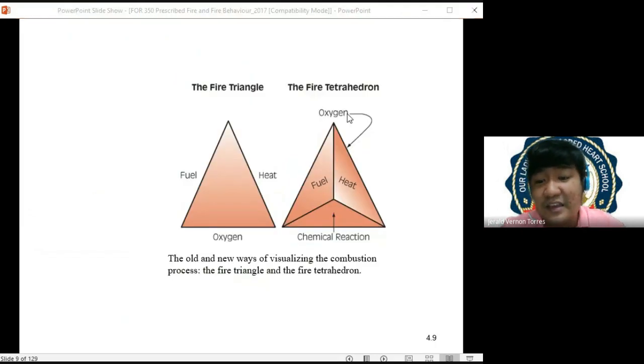In the past, people's view of fire had only three components. They thought that there were only three components of fire: fuel, heat, and oxygen. Before, they did not realize that fire is a series of chemical reactions. But today, it's the other way around. They already understand that there are four components for fire and its behavior. It includes the fuel, the source of fire; the heat, the driving force of fire; the oxygen, the catalyst for fire; and the succeeding chemical reaction once our ignition has started.